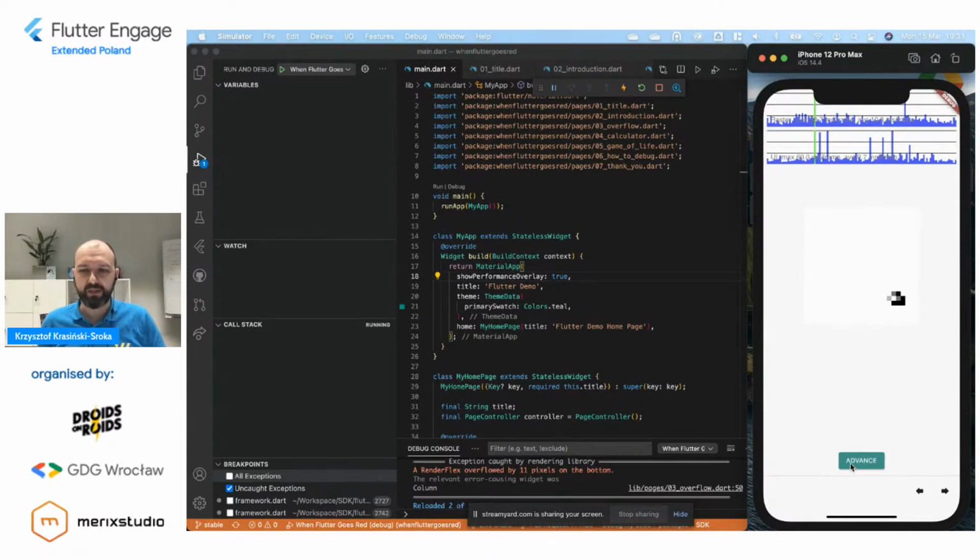So if it happens to you that you have a performance problem, the first thing that you do is actually run it in profile mode or run it in release mode and see if the problem exists. If a problem doesn't exist in release mode, that means that something heavyweight is done in debug mode, maybe some calculations that are hidden by assertions that are stripped out by Flutter.